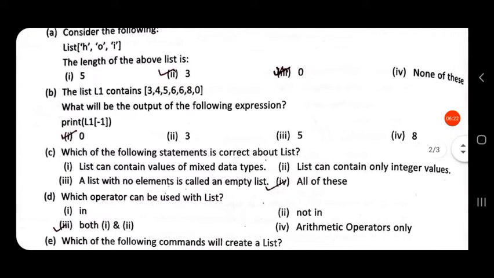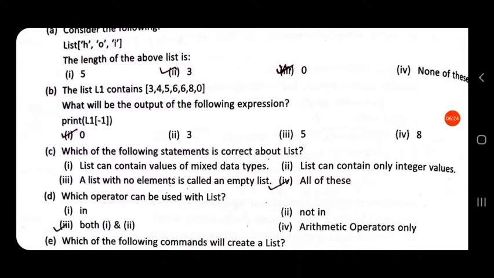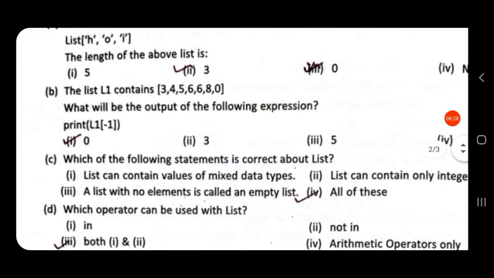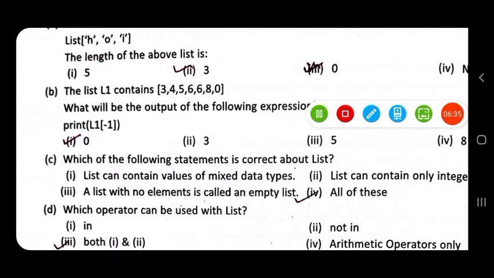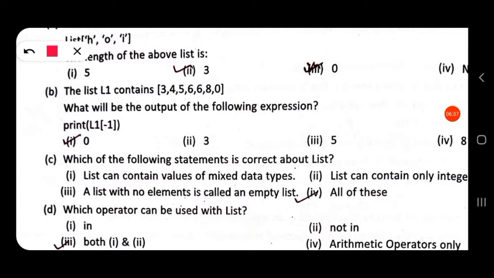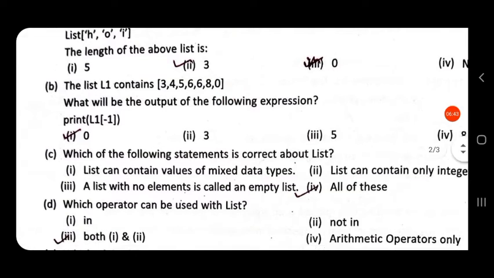L1 in square bracket minus 1. That is, in list L1, the value at position index minus 1. So in this list L1, the value at position minus 1 is 0. So the output will be 0.